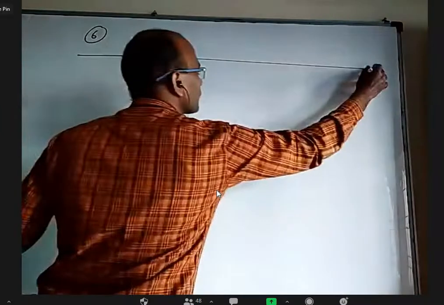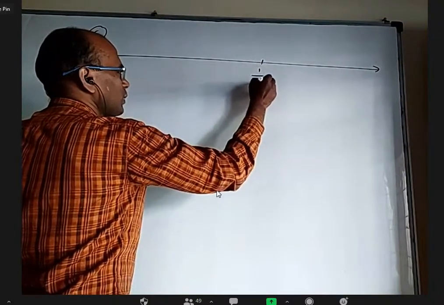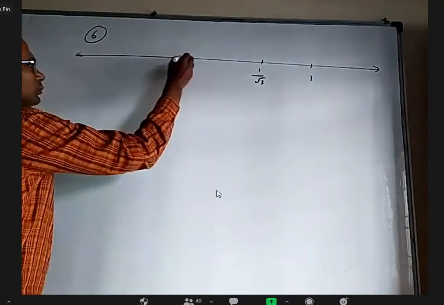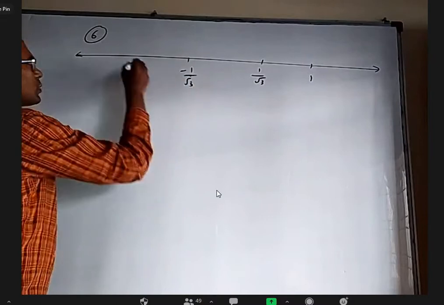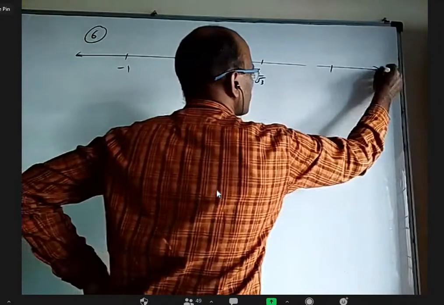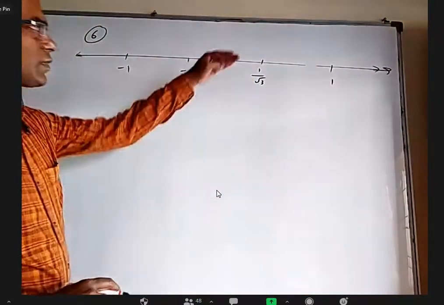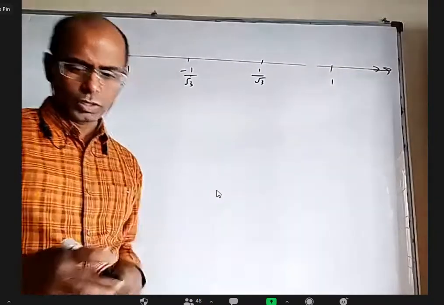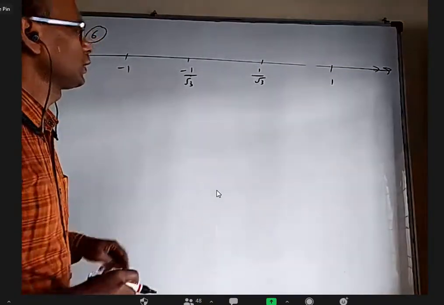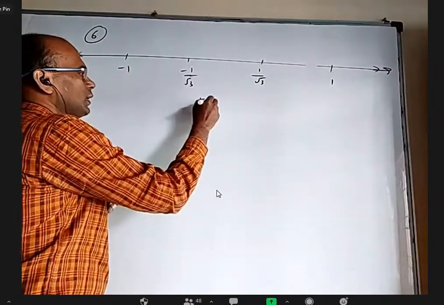Okay. On the number line, I want to take 1 by root 3, 1, minus 1 by root 3 and minus 1. Okay. Let us see in each of the intervals what will happen to LHS and what will happen to RHS. First of all, if you take this, LHS will be